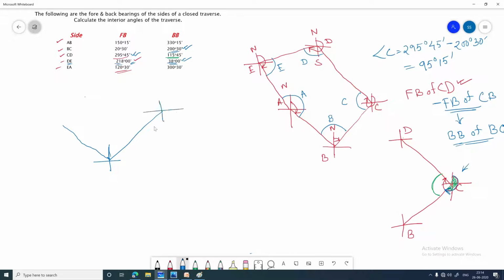Now we know this value, right? And here this is A and here it is C. Here we know this value, here I know this value also, right? So we need to determine this particular angle. So how to determine this? This is very interesting. Look, I am removing this. This is not very clear.